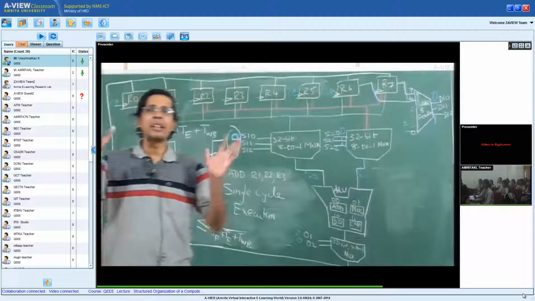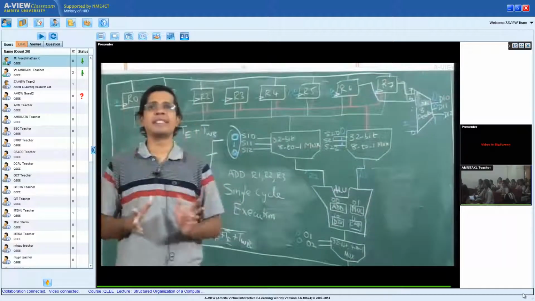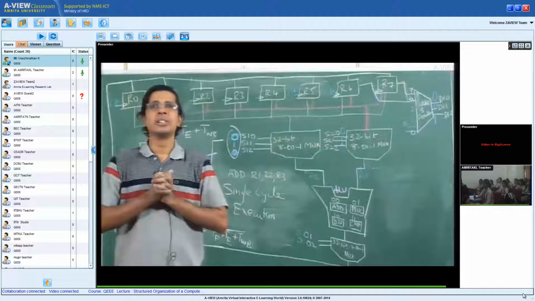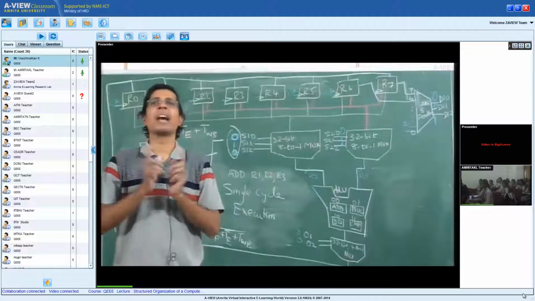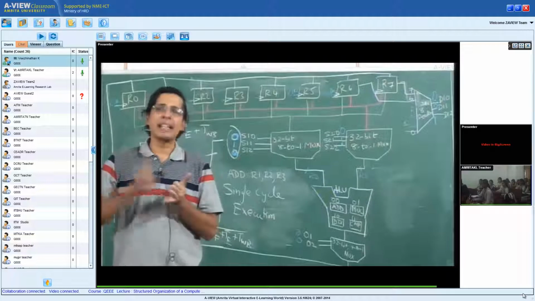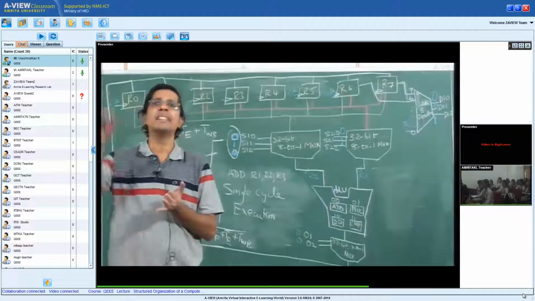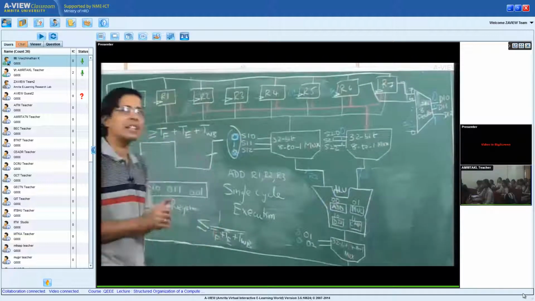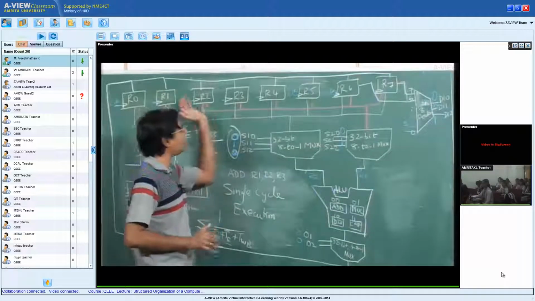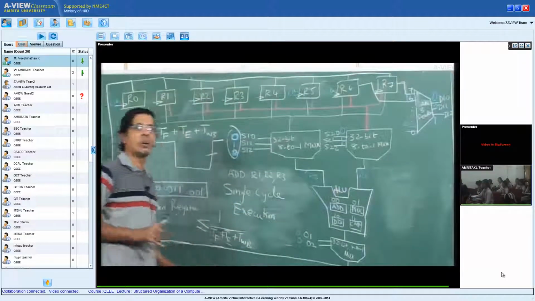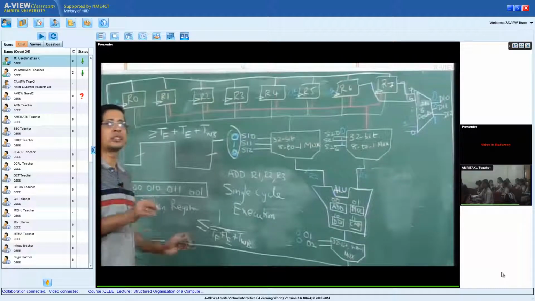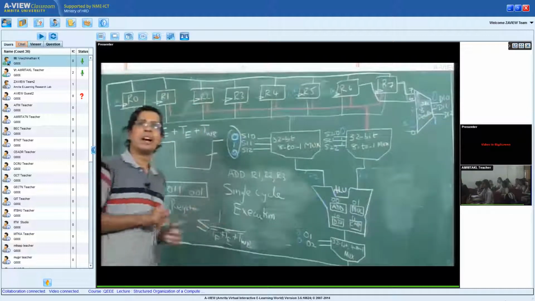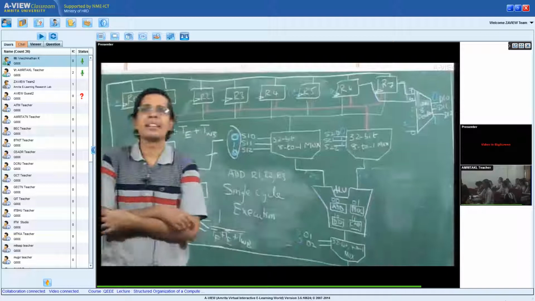So your microarchitecture comprises 2 important things. Are you listening properly? Okay. The first thing I told you: the microarchitecture comprises 2 things, the data path and the control path. The data path is inside the microarchitecture, the control path is inside the microarchitecture. The data path, again I repeat, is responsible for moving the data to and from the ALU, and the control path is to guide which data should go to the ALU and which output should be routed back into the registers. Am I clear? Yes, sir.